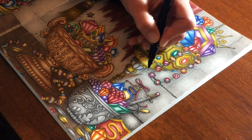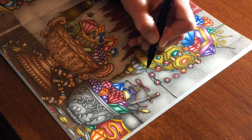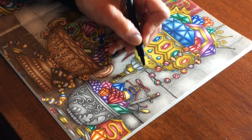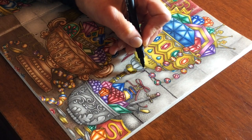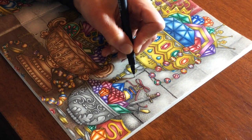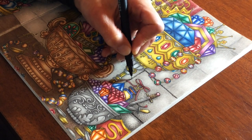You can see I'm slowly building up a line of the brick in the wall that I've drawn, gradually layering it up, just to give an outline of what the brick will look like, brick or stone or whatever you want to call it. It is a technique that takes quite a bit of time,